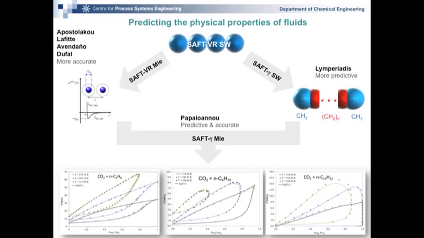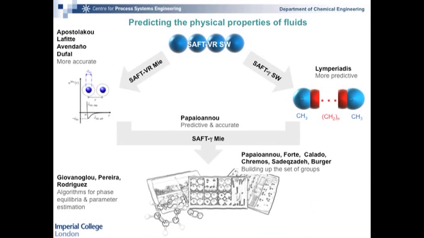Okay. What we're doing with this theory now is continuing to expand its capabilities by building up the set of groups that you can represent, and therefore the number of molecules that we can build. And also, in order to be able to do this, we're using algorithms that we have developed for phase equilibrium and parameter estimation to solve the complex problems that are needed to identify what the group parameters are. Okay, so we have a large effort in this area for different applications. And what I want to show you here is how we apply this to the case of natural gas separation.